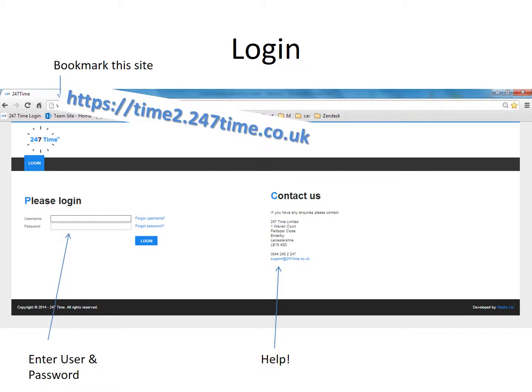First thing to do is to log in via our URL, which is time2.247time.co.uk, and you can log in on any device that's connected to the internet. And we have people logging in on smartphones, Androids, tablets, iPads, Apple Macs, as well as the traditional PCs and laptops. But just one thing to really be careful about is do keep up to date with your browsers, because